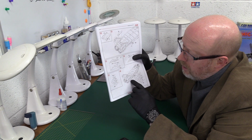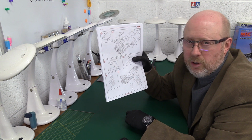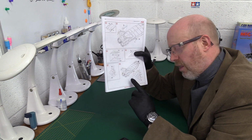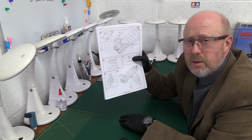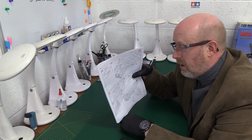So instead of having one area to mask off, I glued that in. That divided it into two, so I gave myself twice the work. Do not do this. Leave these off, tail planes, until the very end of your build. Now, as late as possible, leave them off, because then you've got access to do all this tricky spraying and masking. So I had to have these tiny little sort of channel areas, masking them off, and I really cursed